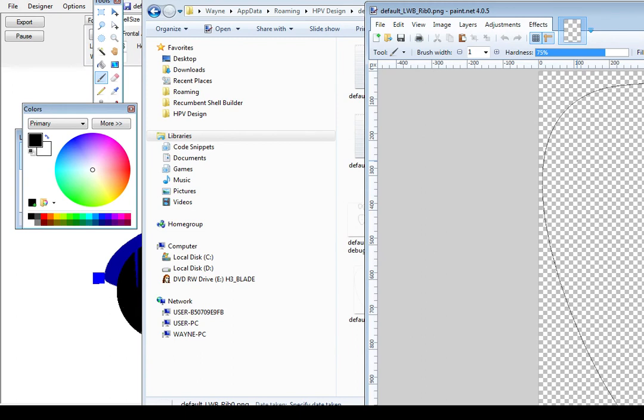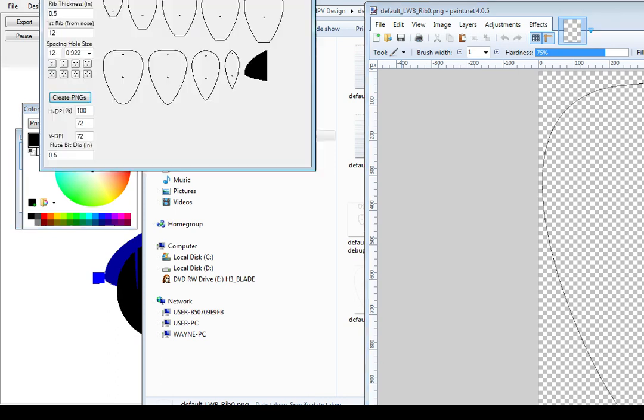Some of the paint software that you might use to print with will allow you to set pixels per inch, but in case it doesn't, back on the output window you can set that horizontal and vertical dots per inch. Now, this is actually printer software. The screen's typically 96 by 96,